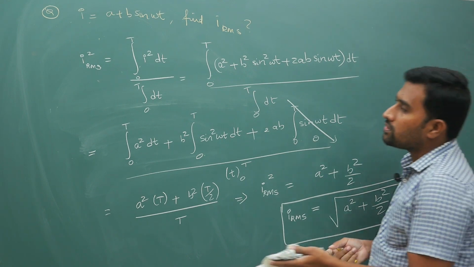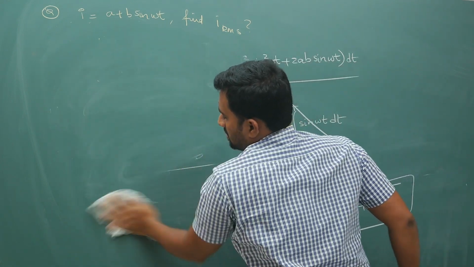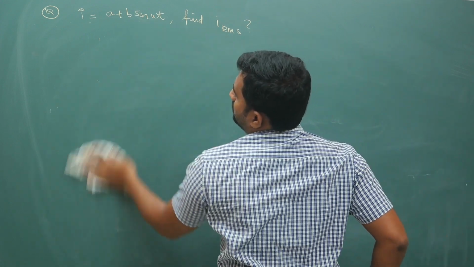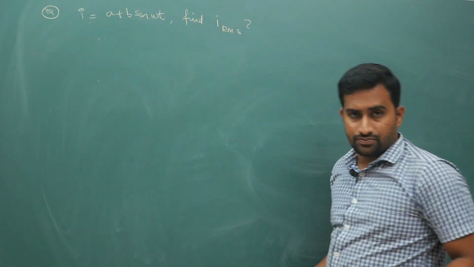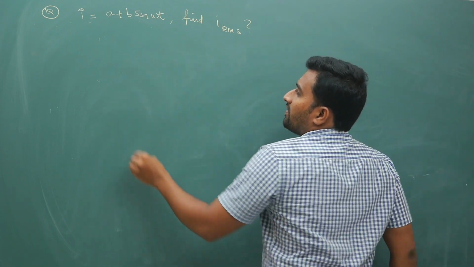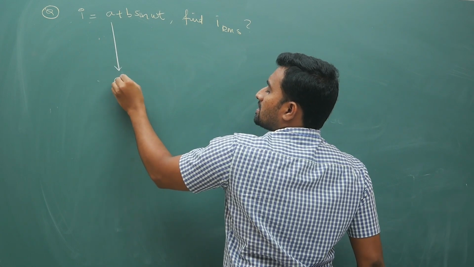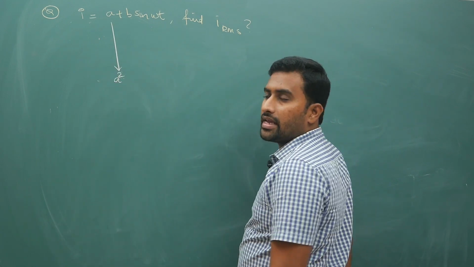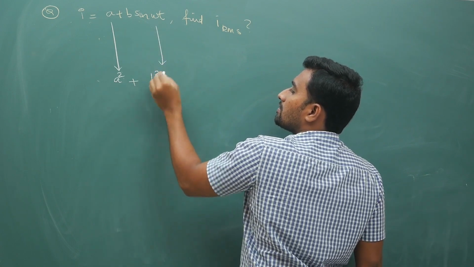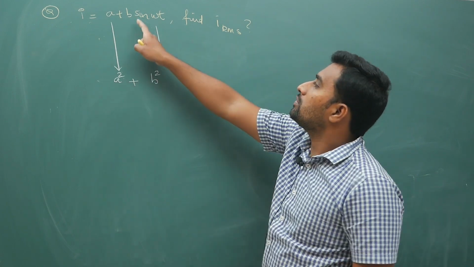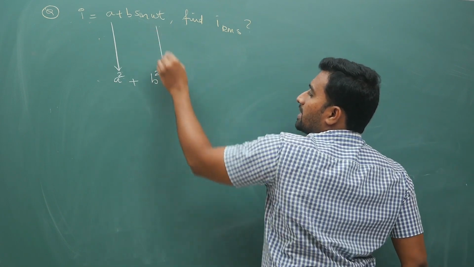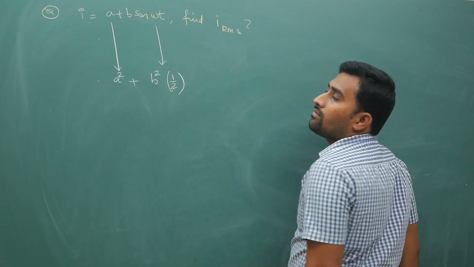Now let me put this in a better, much easier way. Looking at the functions itself, you can give the answers of RMS values. If you look at this first term, if you are doing a square, it is just simply a square only. For sine function, you square the amplitude. For b sin omega t, b square. For sin omega t part, your average value is 1 by 2.